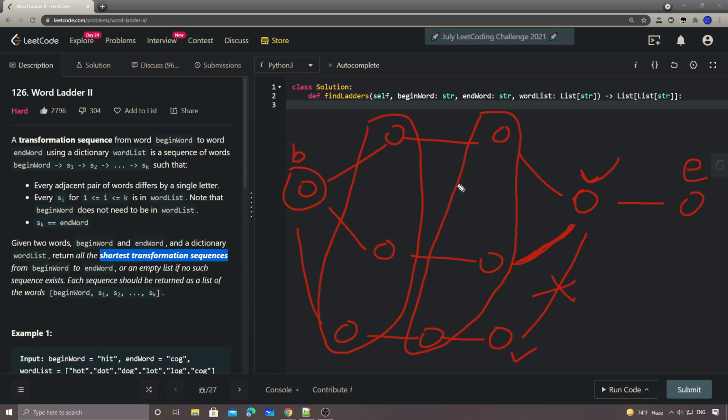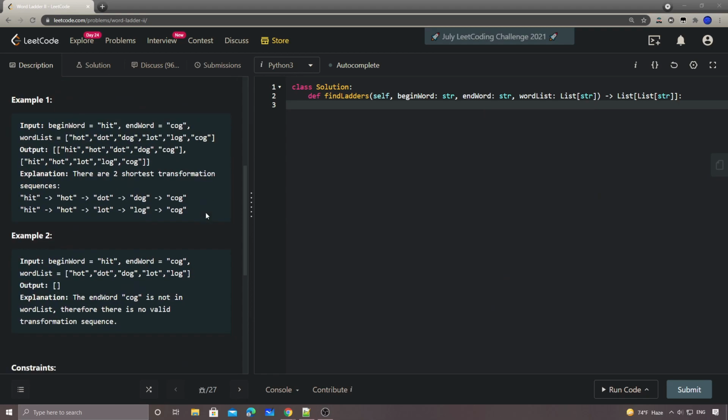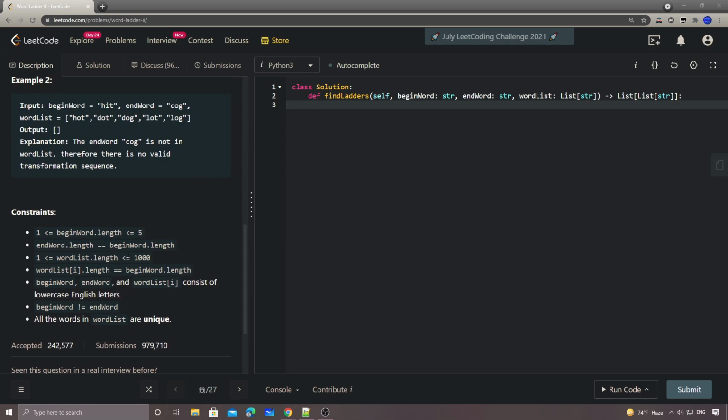And the second one is how can we find the neighbors. Obviously, because the word list can have 1,000 words, if we try to look for the neighbors from this list, we would need at least 1,000 loop iterations. But since all the words are English letters, and each word is only 5 characters long,